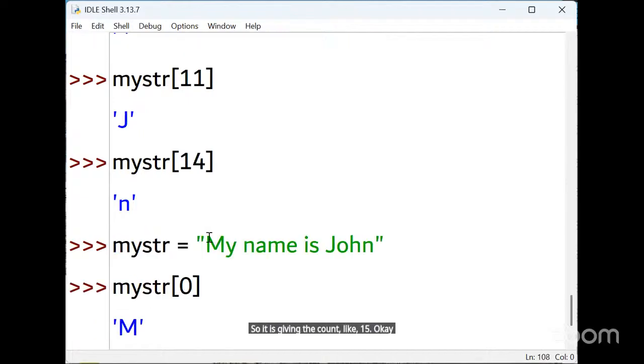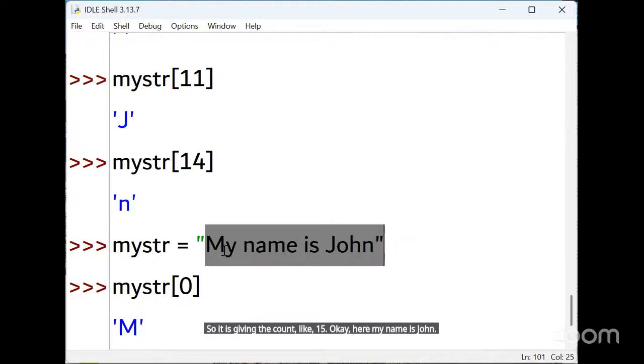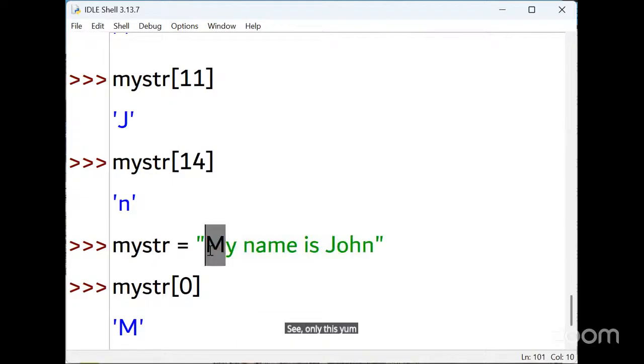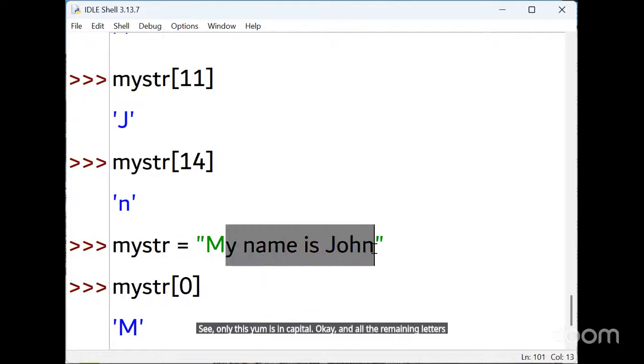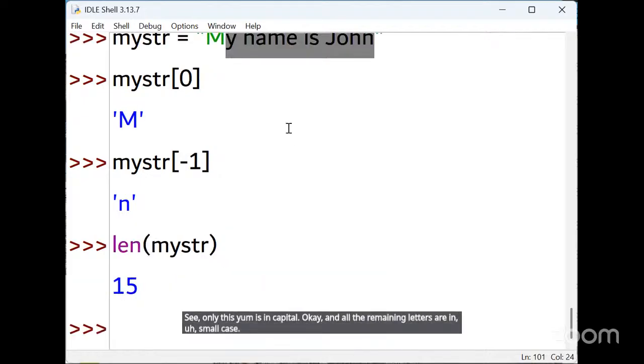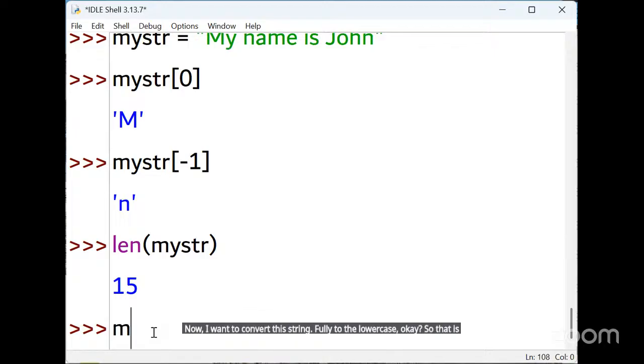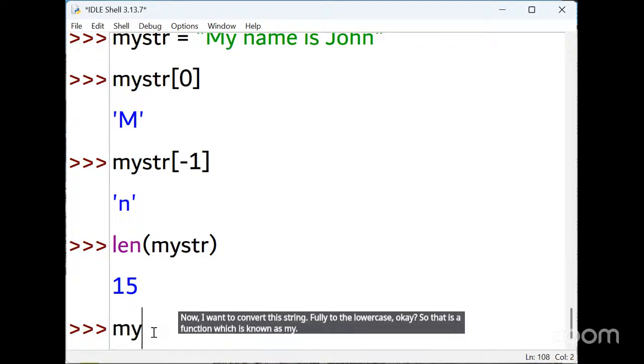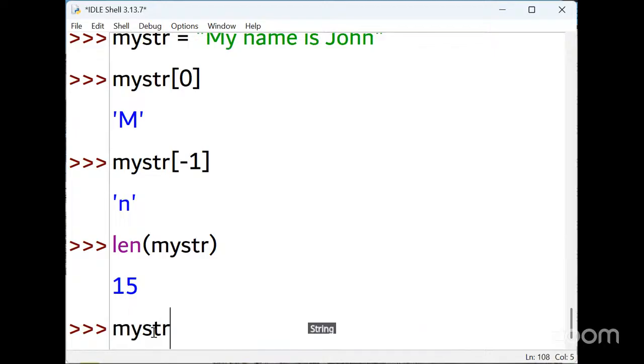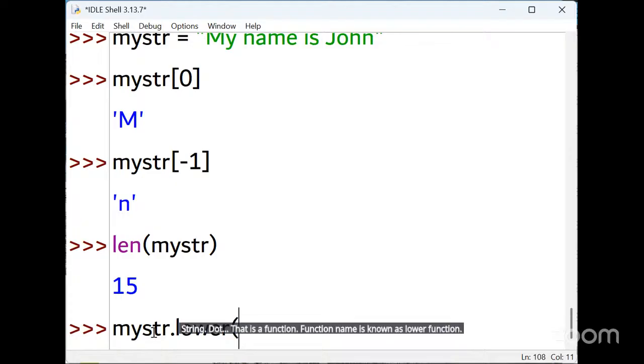Okay. Here my name is John. See, only this M is in capital, and all the remaining letters are in small case. Now I want to convert this string fully to lowercase. So there is a function, my string dot lower. Can you see here?